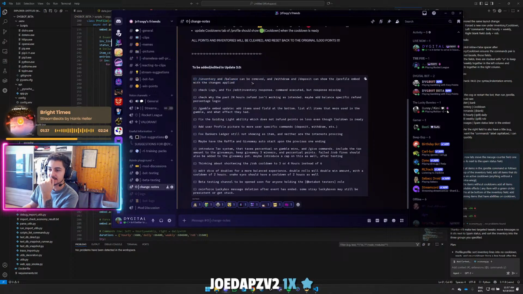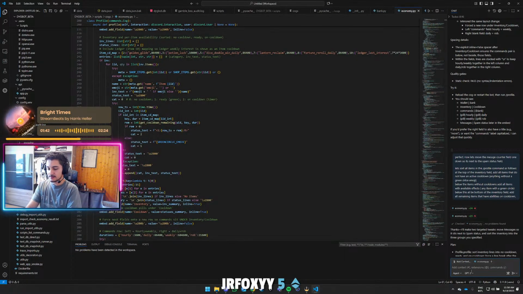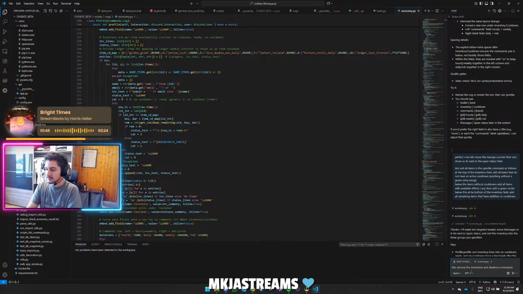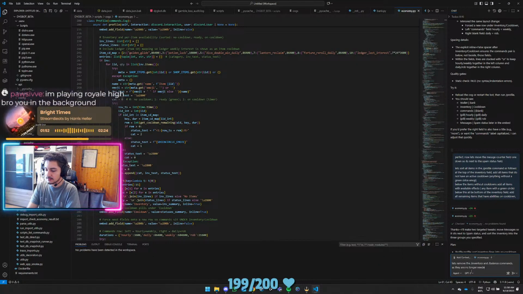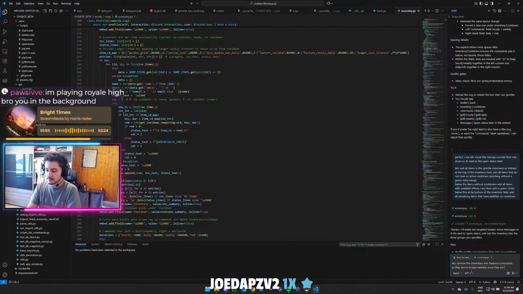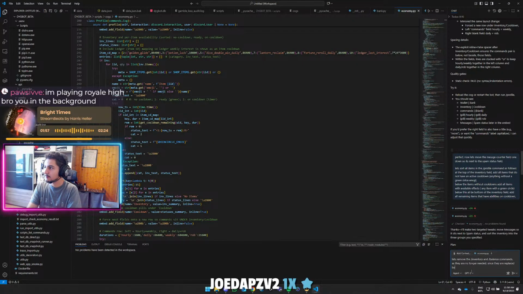So inventory and balance I can remove now. So let's remove the /inventory and /balance commands as they are. They are no longer needed since they are replaced by